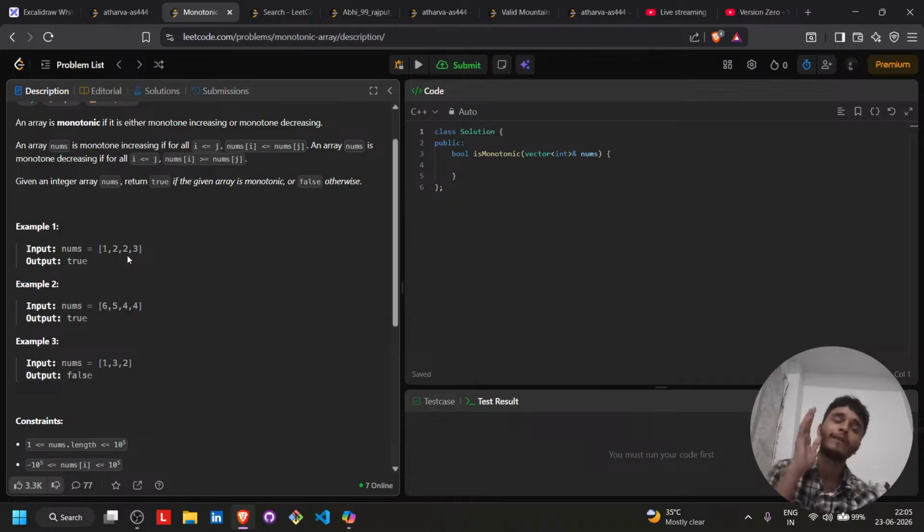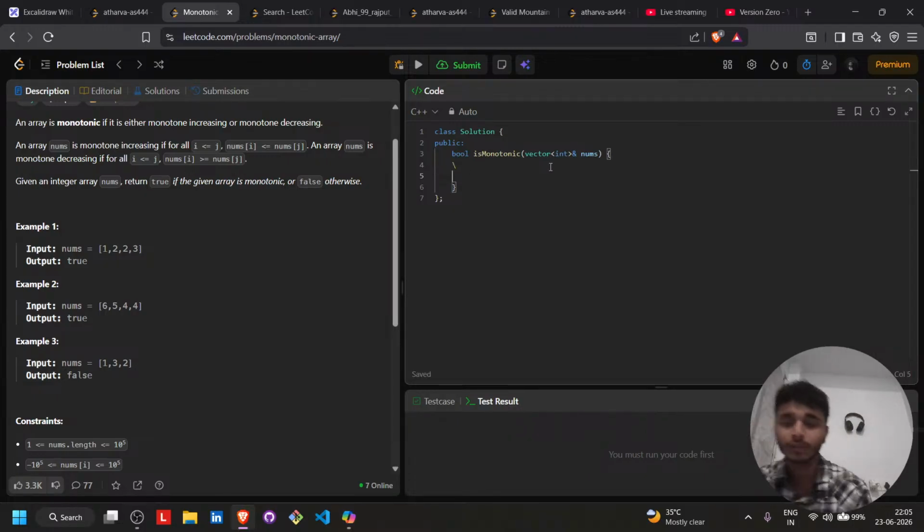If two appeared first here and one appeared here, then I think it will not be a monotonic array. So I think we can use the conditions that we used in the valid mountain array. What we can do is